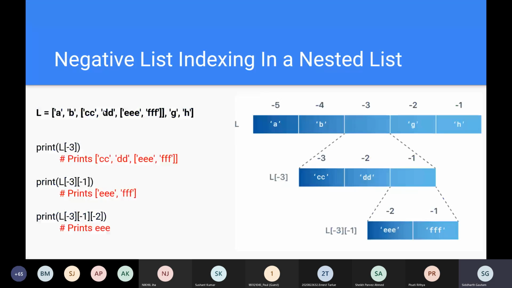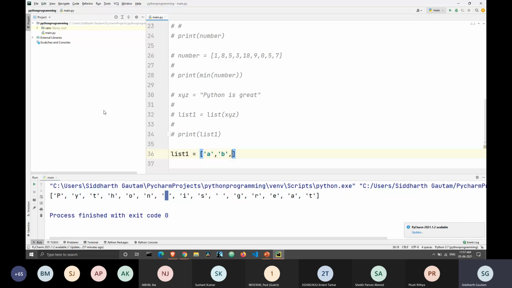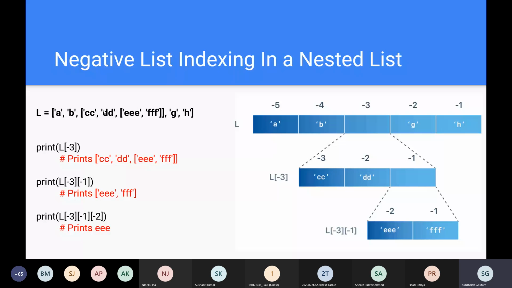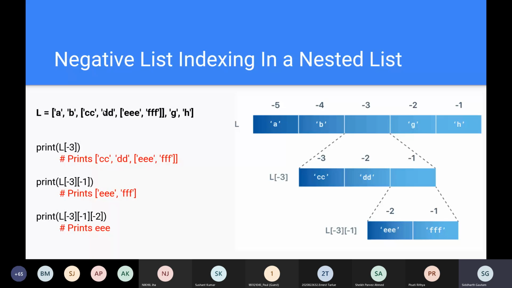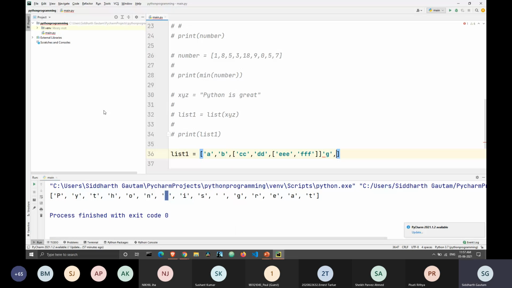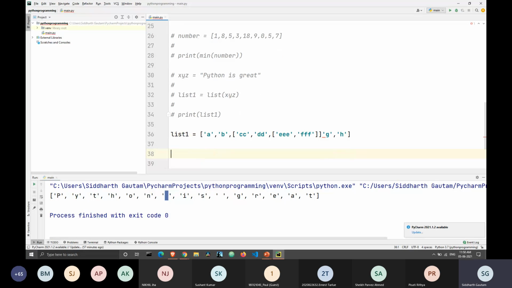Here we have another list inside of it, which is CC and DD, and inside of this we have another list, and outside of these two lists we have another element G and H. All right, so this is our list.